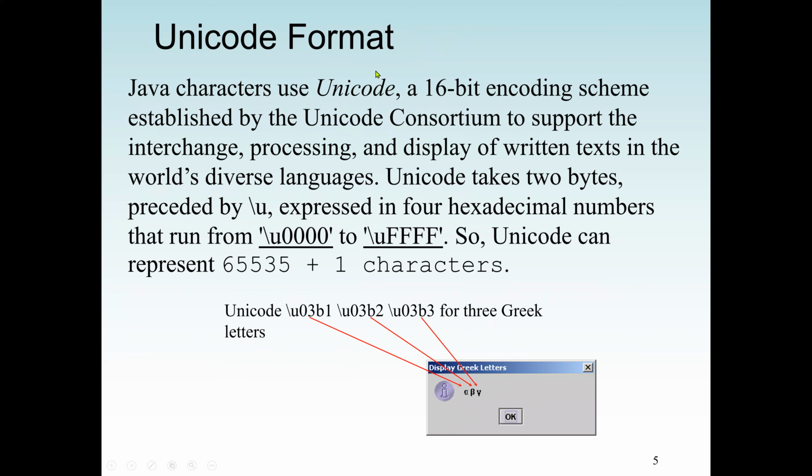So that's the Unicode format. Java characters use Unicode, which is a 16-bit encoding scheme established by the Unicode Consortium to support the interchange, processing, and display of written text in the world's diverse languages. So Unicode takes 2 bytes, which is 16 bits. Again, 1 byte represents 8 bits, preceded by \u, which is the escape